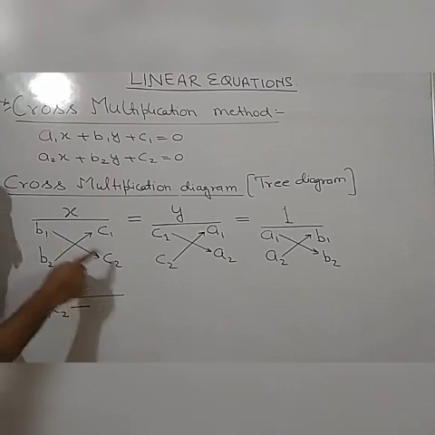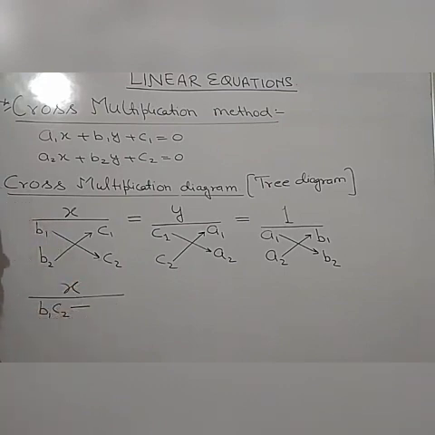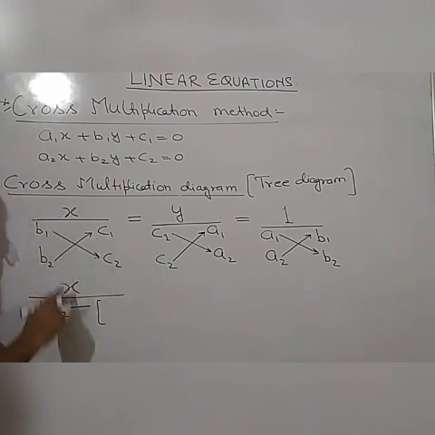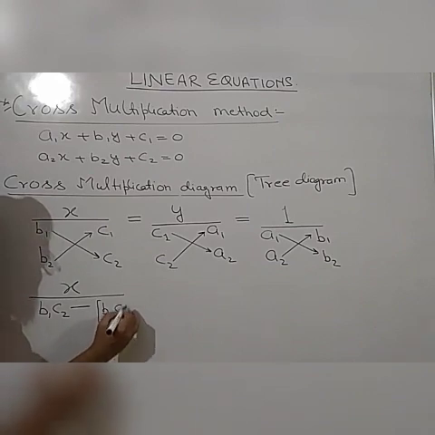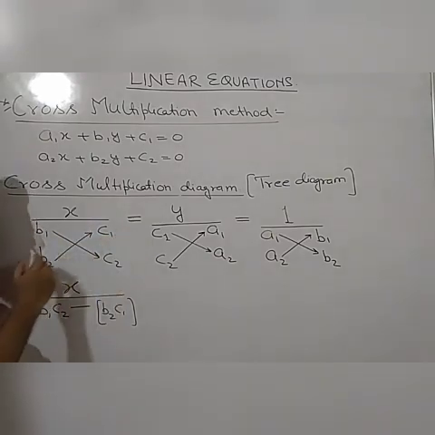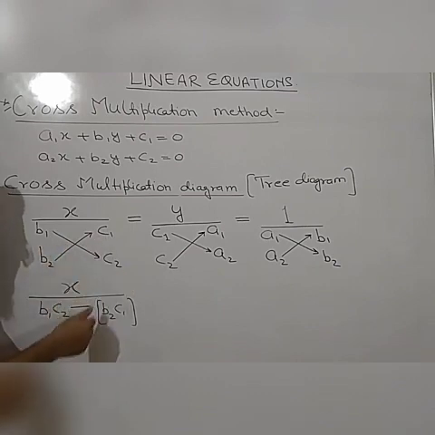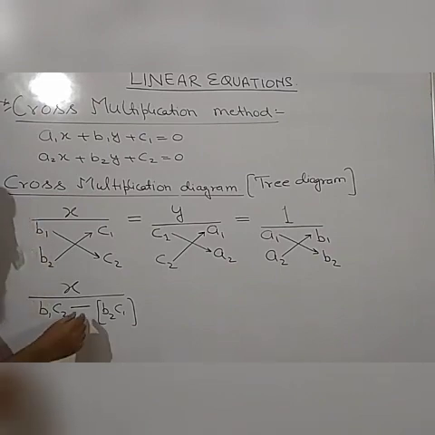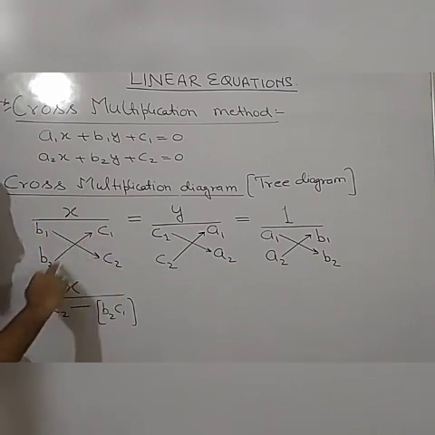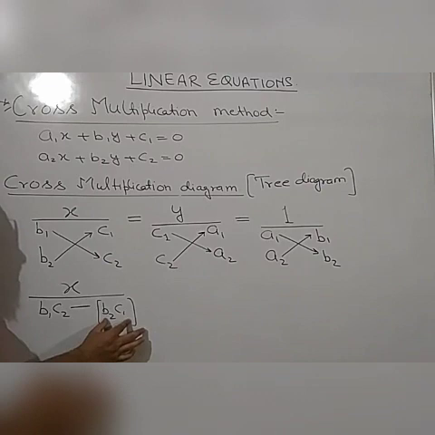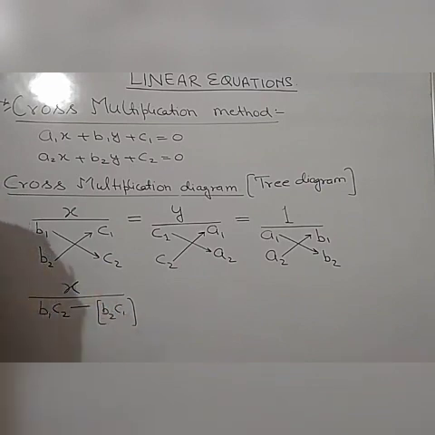First you multiply b1 with c2, then put this minus sign, and when you write the two terms after multiplication, always use a bracket. In the bracket it will be b2 into c1, because b2 can be negative, or c1 can be negative, or maybe both may be negative. Due to these negative signs there may be mistakes. So always use the bracket after this minus. This minus is mandatory, and after multiplication of these two terms, whether plus or minus, put it in this bracket, because when you open the bracket, there will be no mistake.